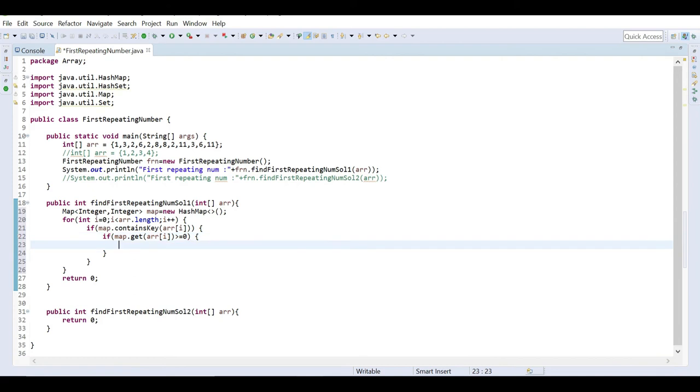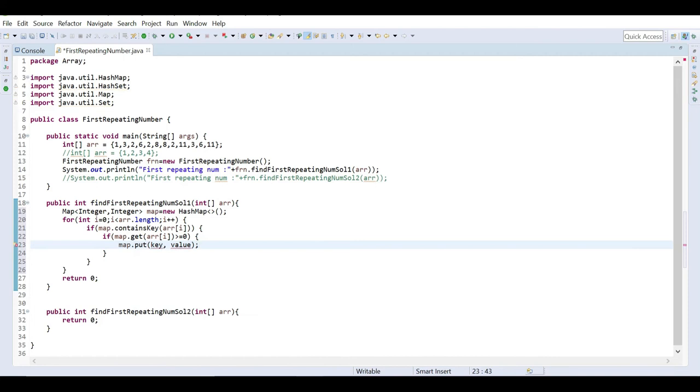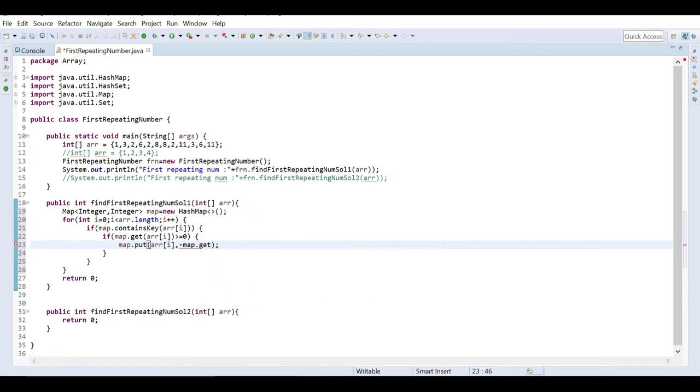In that case we do a map dot put, with array of i, and the value will be negative of map dot get of array of i.